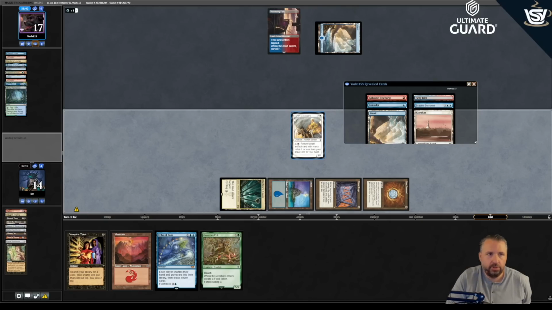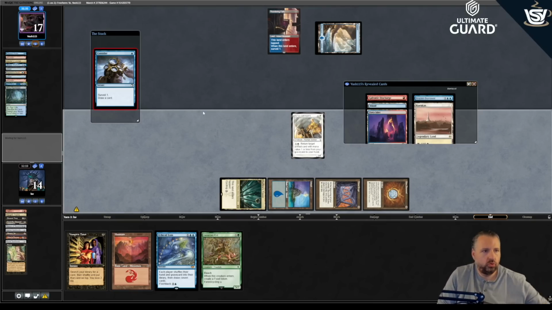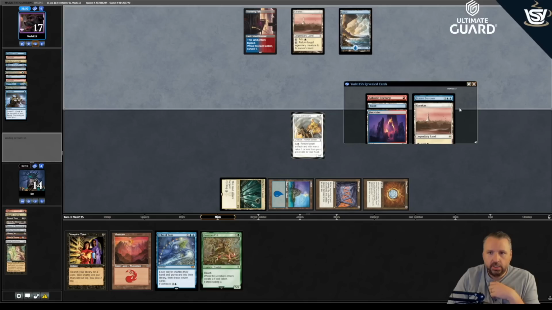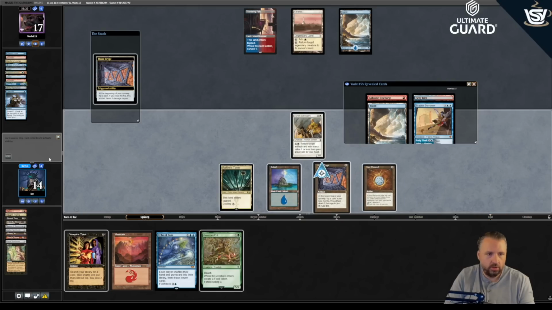Okay, so it looks like they're going to Brazen Borrower. Nope, they're just casting Consider. Sure. They liked what they saw. Okay, well, they have to deal with the Salvagers. Otherwise, I just get to win, so...